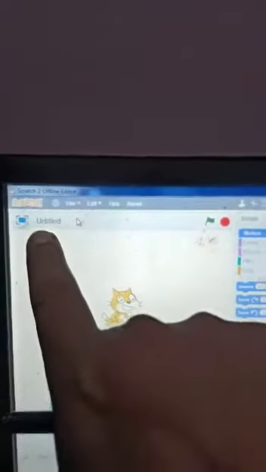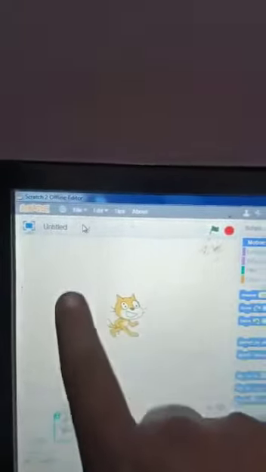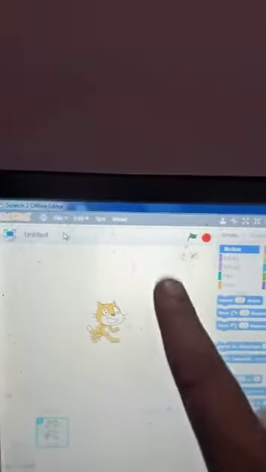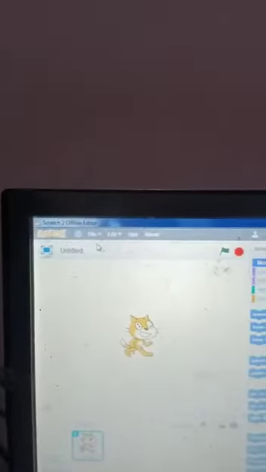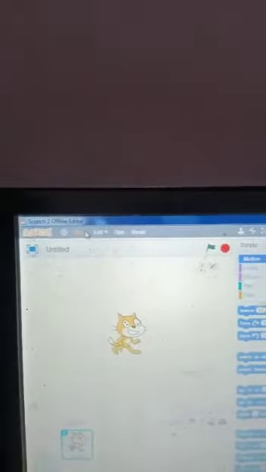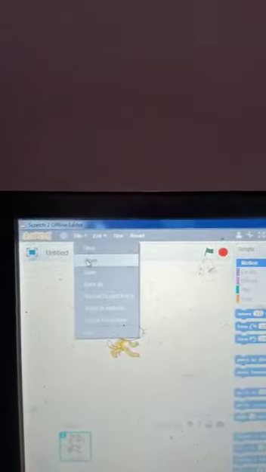I will show you how you can create a new project. First, you open Scratch like that, and then you click on File and then the option New. Now it is untitled; here it is written Untitled. This is the new Scratch file. A new project will be created, and here we can type the different types of commands. So this is how you can create a new project. You click on the File menu and then select the option New. Okay, it is very easy.